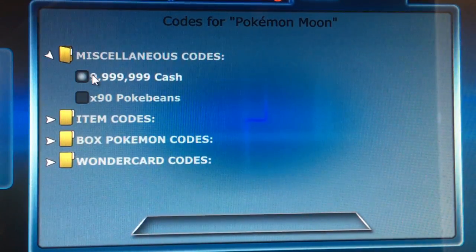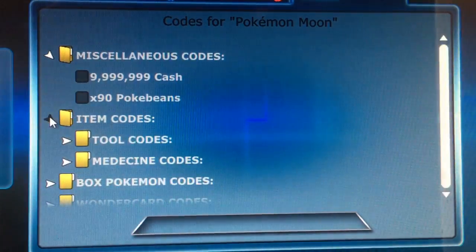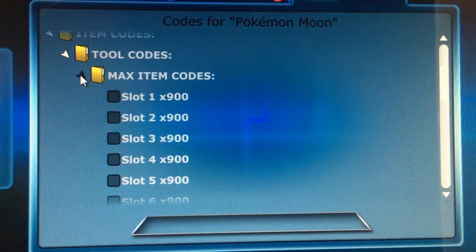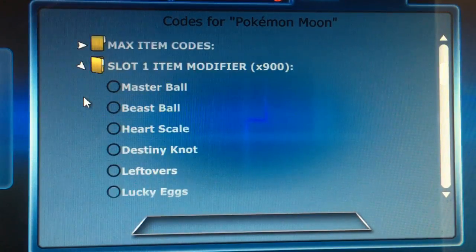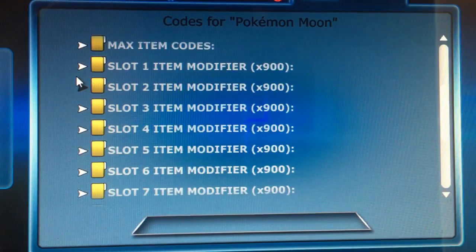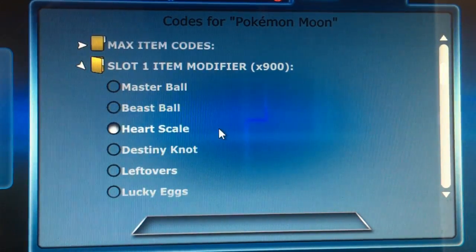So here we've got the Miscellaneous Codes. Obviously you've got a crap ton of money and Pokebeans. We've got the item codes, which is tool codes. So here we can change the max item slot for 1 to 10 to 900. Here we have slot 1 modifier, so this changes what's in the slots, and again that goes up to 1 and including to 10. So we can have all of these here: Master Ball, Beast Ball, Heart Scale, Destiny Lot,